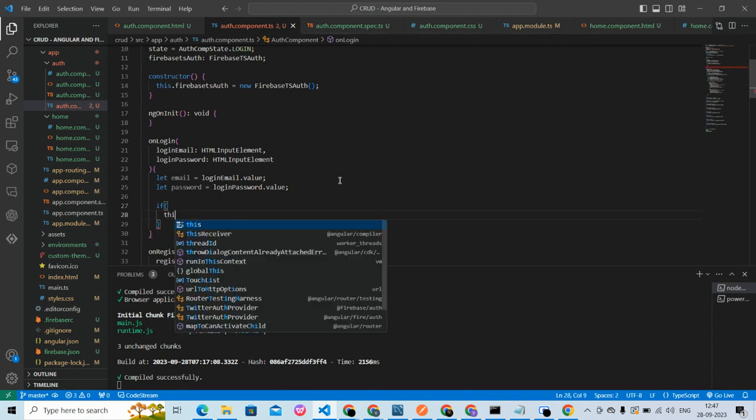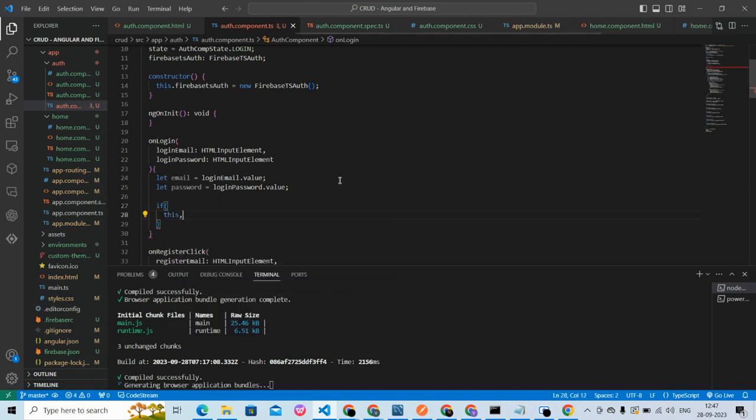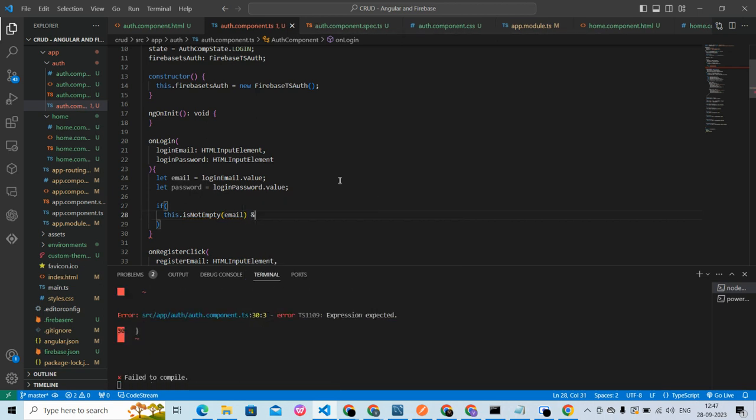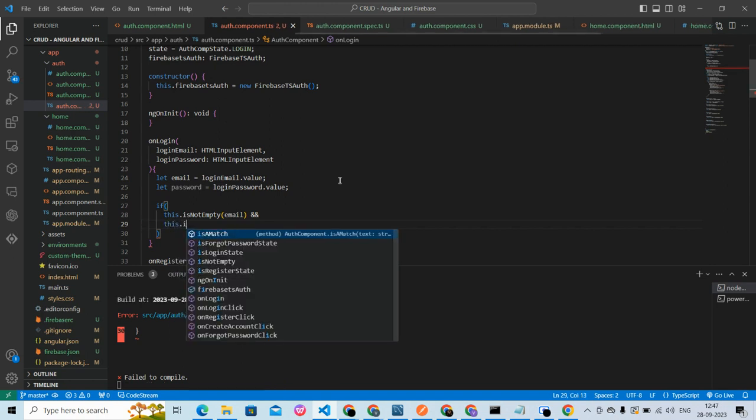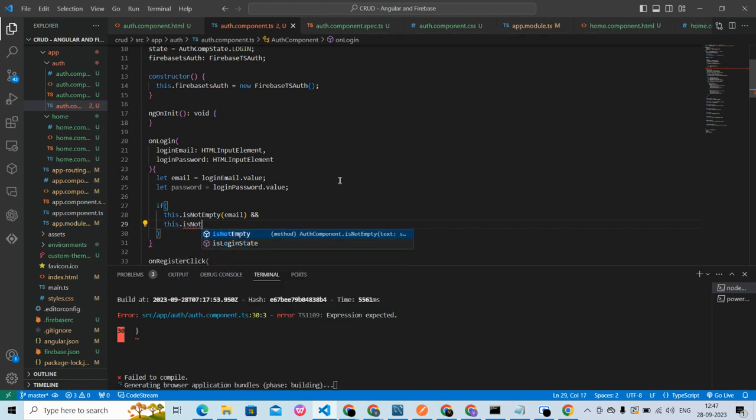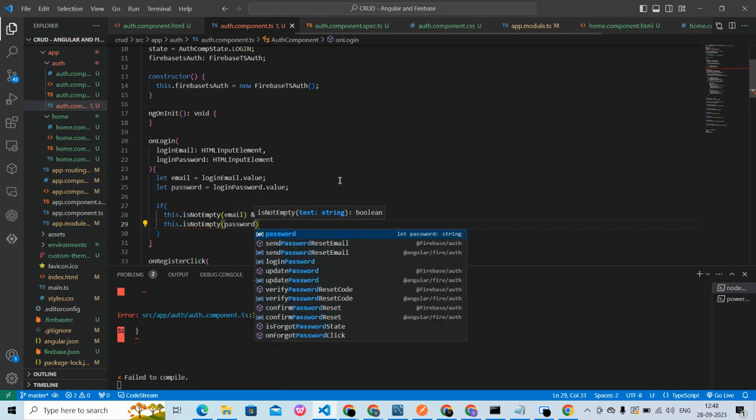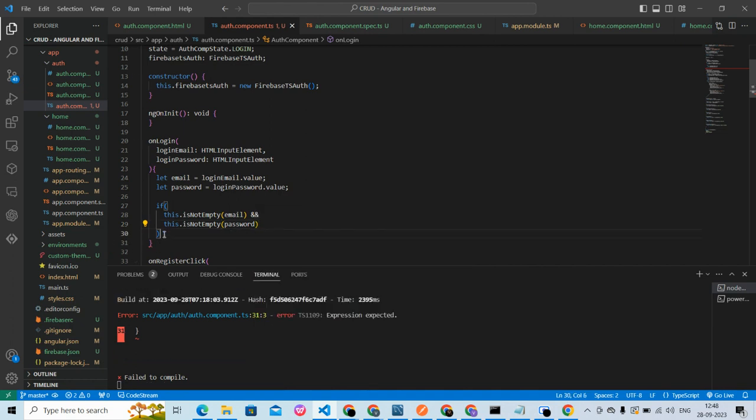If, like, it should not be empty, is not empty. That is, the email which we give should not be empty, and the password which we give also should not be empty. Is not empty. That is, the password should also not be empty. So here after this, like